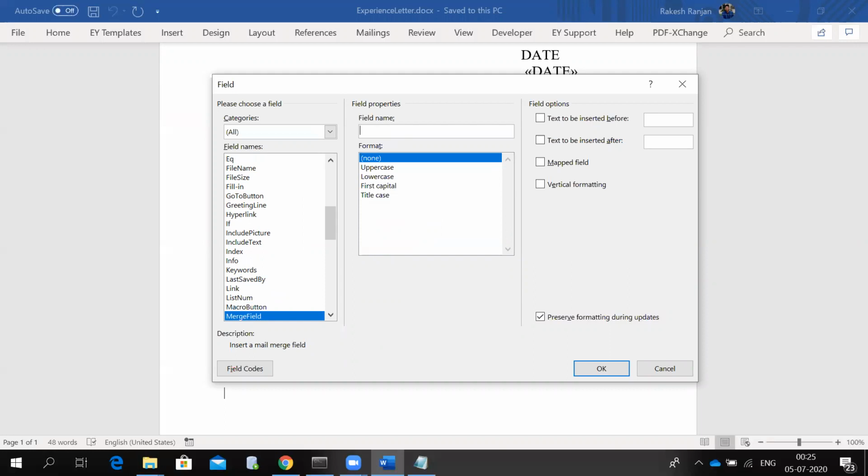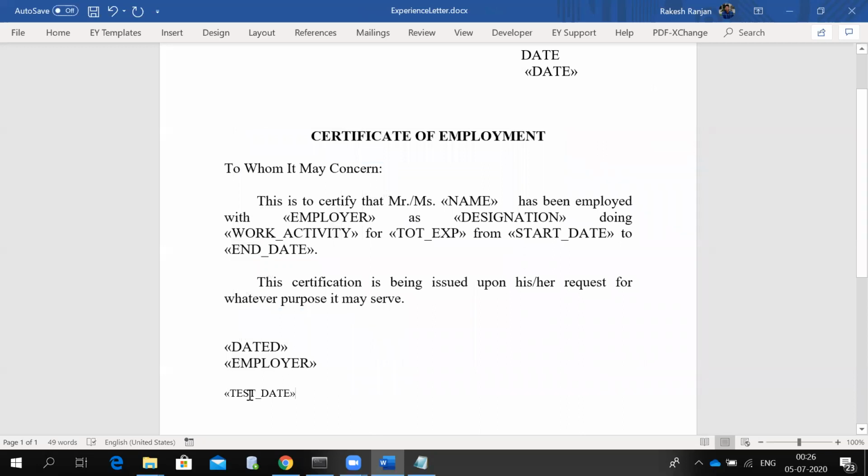I'm giving a random name here, but make sure that whatever name you put here is a relevant name. Test data. I followed the same process to add all these tags, whether it's employee name, designation, start date, or end date.